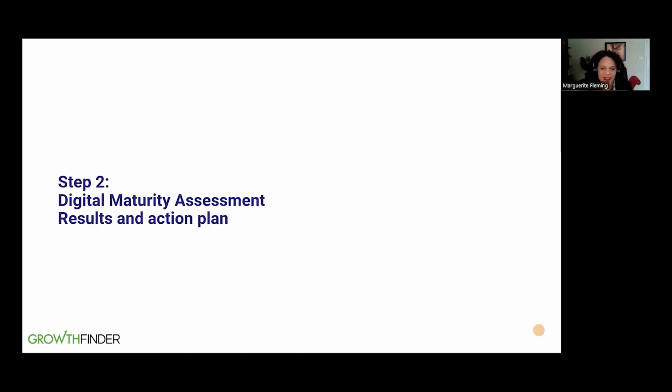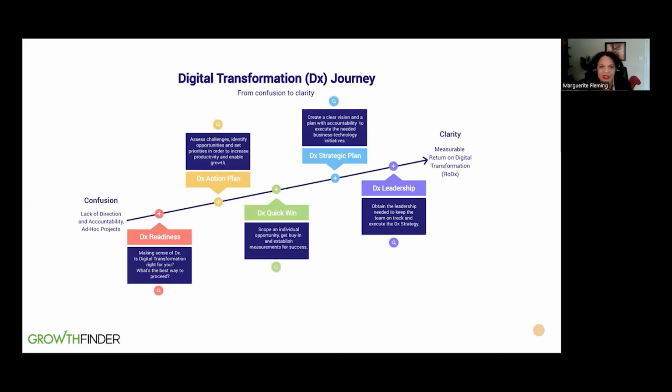So what this planning process does is it helps people get aligned. It helps the teams to communicate and get aligned on what's really important and what's going to make the biggest difference. And I think that was one of the biggest outcomes that our clients have said: having these conversations internally with the team, everyone making a decision, getting on the same page about what it's going to take in order to close the gap, was one of the biggest benefits. Anyways, really quickly, along this journey line, we did the readiness, we walked through the action plan, what are the specific projects, where are those quick wins, what is that longer term strategy?